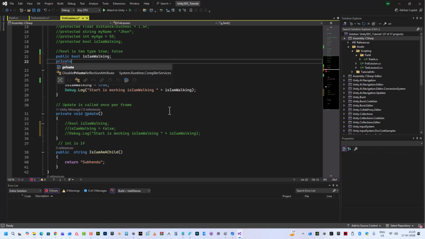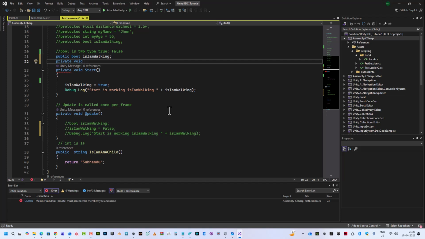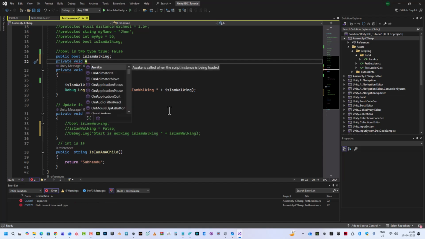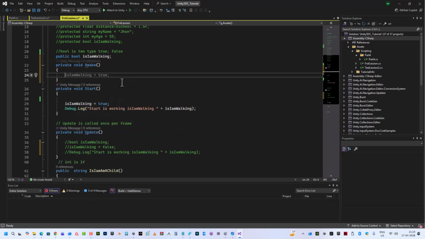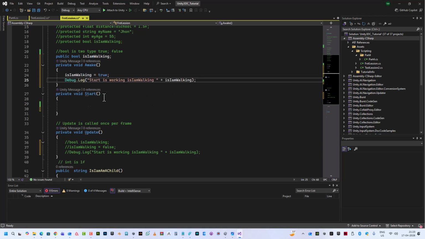Private void, so it will return nothing, already explained in previous videos, Awake, and press enter, so it will create an Awake method. Now I completely cut it with Ctrl+X and paste it here, and make Start blank. Awake is called first, then Start. So I make Start blank and in Awake it's true, and I make this